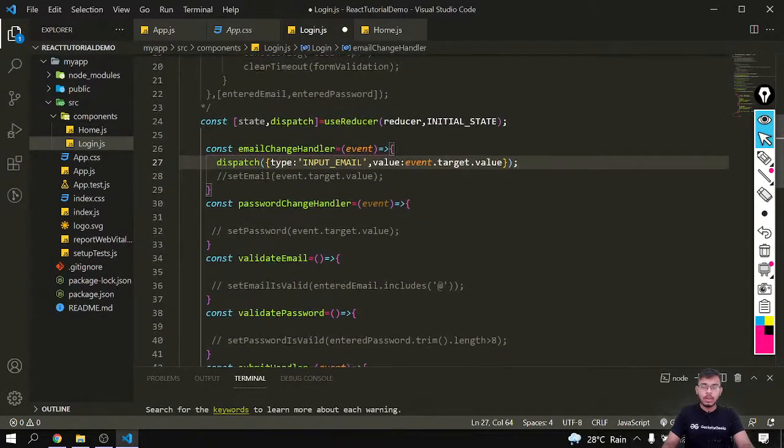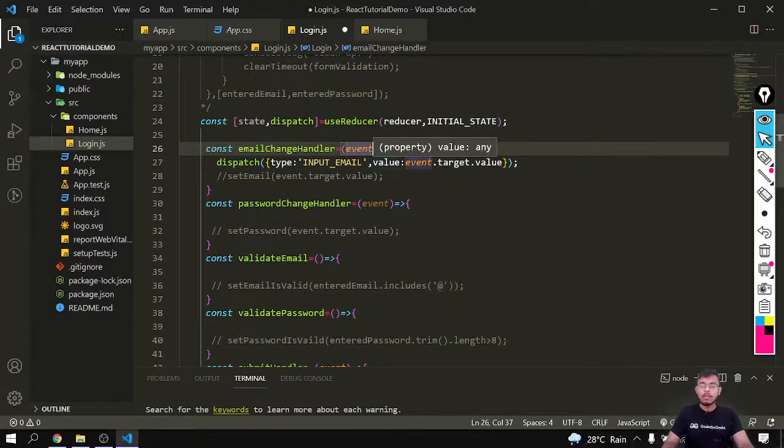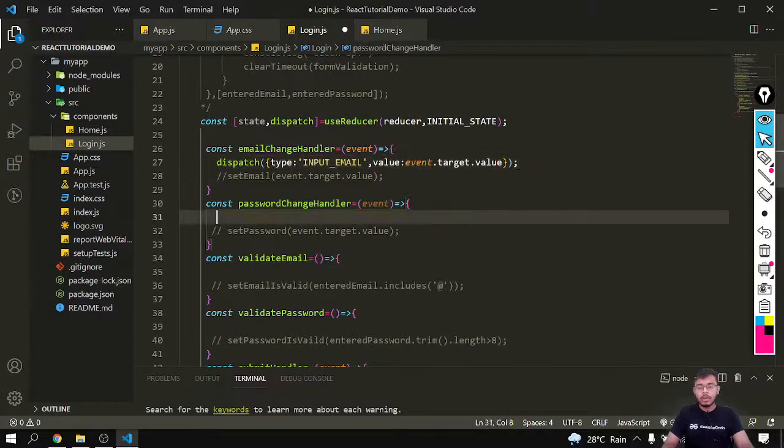So this particular function over here, that is email change handler, will be invoked, and thus within it I am going to store the most updated value that I have written inside my input tag inside this object with a specified key, that is value. Okay. Similarly, whenever there will be any change in the password field, I am going to generate another action inside